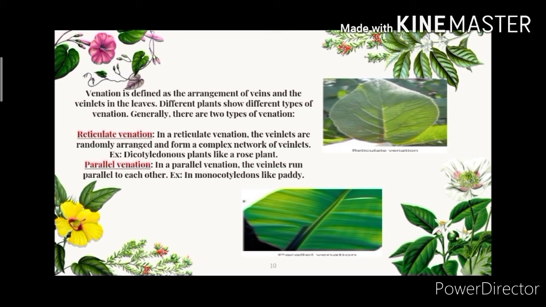In reticulate venation, the veinlets are randomly arranged and form a complex network. Like in the case of our hands, the veins are not uniform, they are distributed unevenly. That is known as